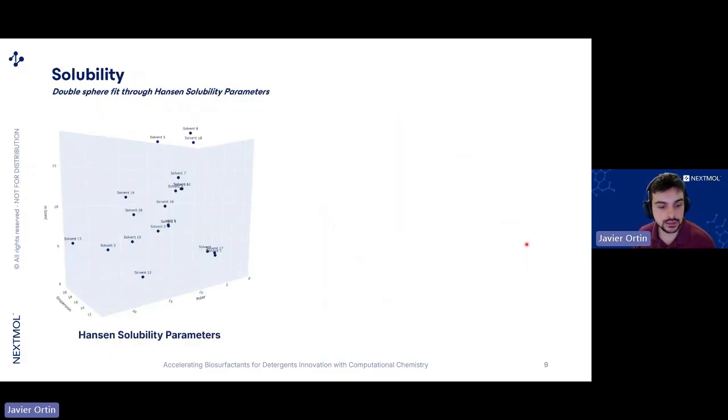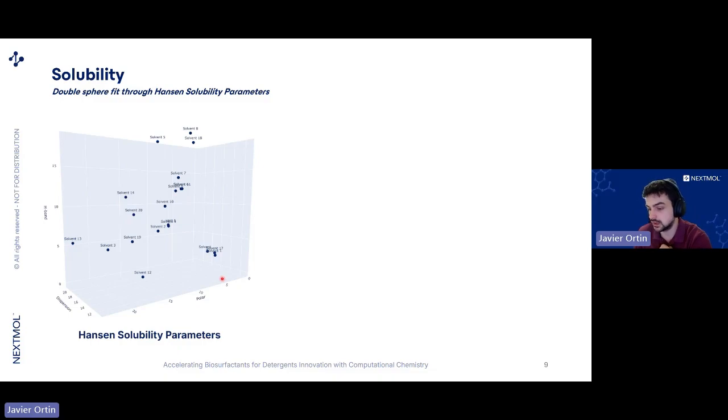Then, as for the solubility, we studied how different surfactants can behave in different solvents. To do that, we resorted to the Hansen solubility theory, which is a theory that is used on a daily basis in the lab. And as you can see here, we have points that correspond to solvents. So each solvent